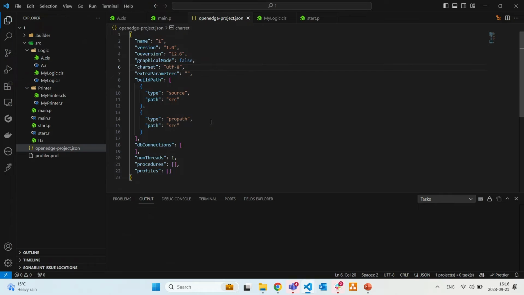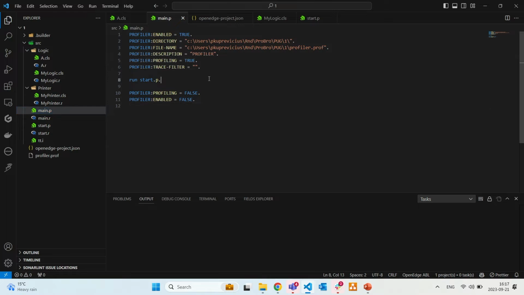So first, I will show you a very simple example. I created this little project yesterday to show you how it looks. It starts in VS Code, where I use a VS Code plugin for the language purposes. So I have configurations like here. I don't have a database. It's just a few simple classes with some methods to show how the profiling works. If we go to the main, here I added the profiling